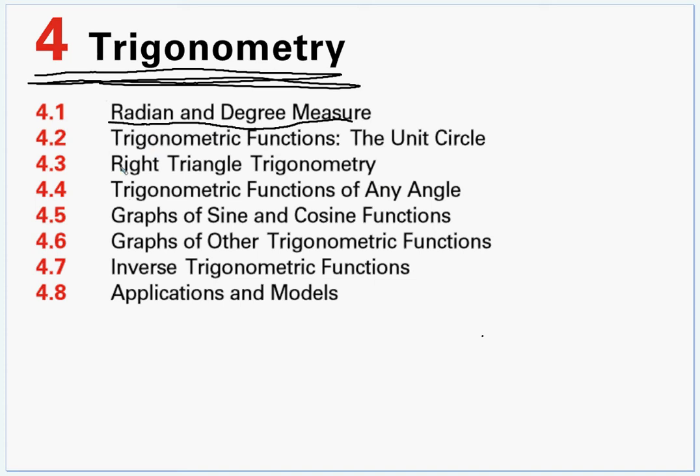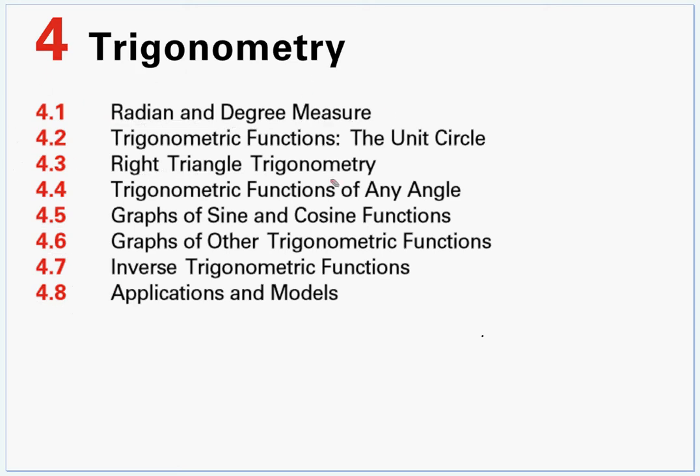And then we're going to skip 4.2 right away. We'll go on to 4.3, right triangle trig, and then trig of any angles. And then we'll come back to 4.2, and then we'll do some graphing of them and find the inverses and this other stuff. Okay, so it's going to be an exciting unit on trigonometry if you've been bored with the